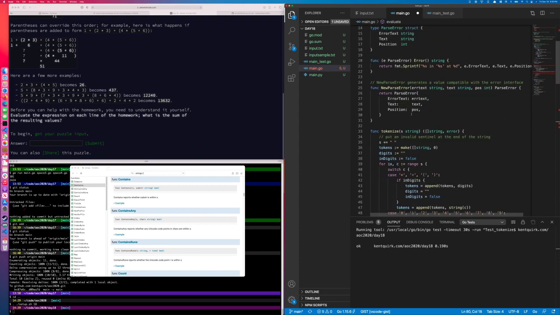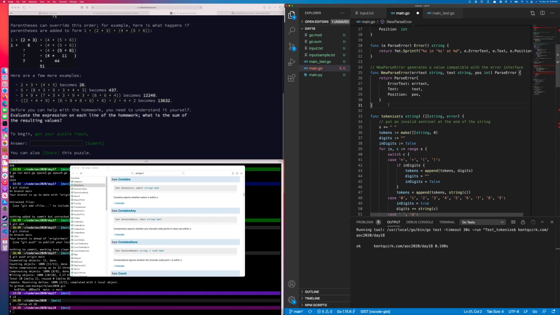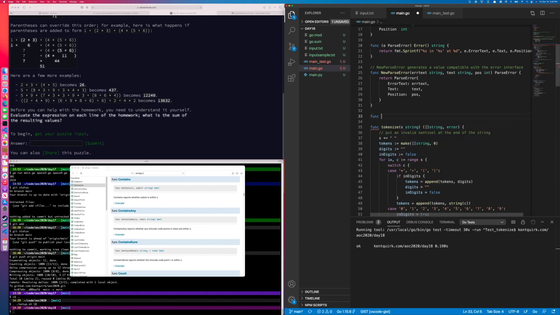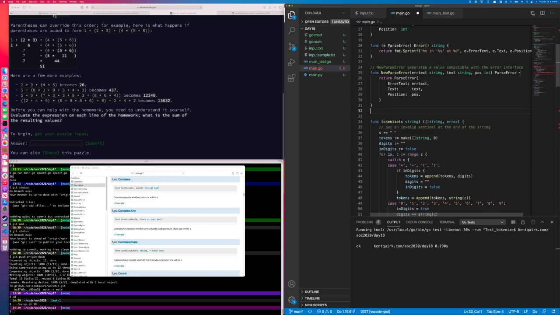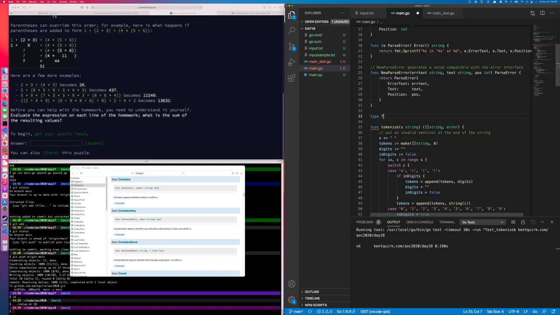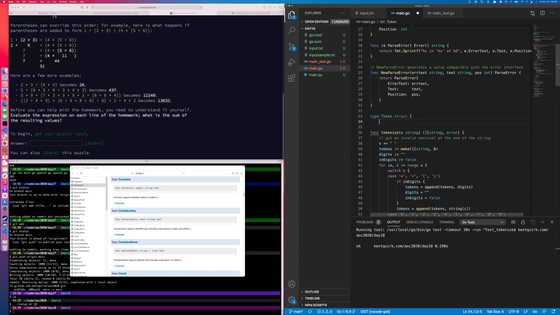So we are going to create a token structure. Type token struct, and it's going to have the text, which is a string,